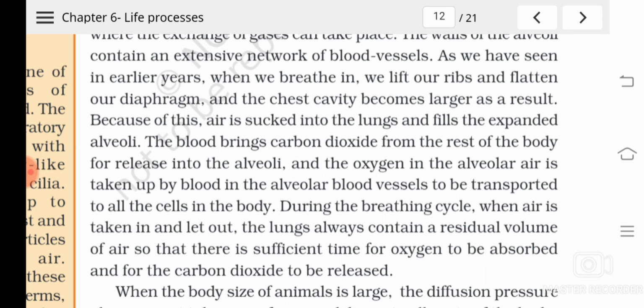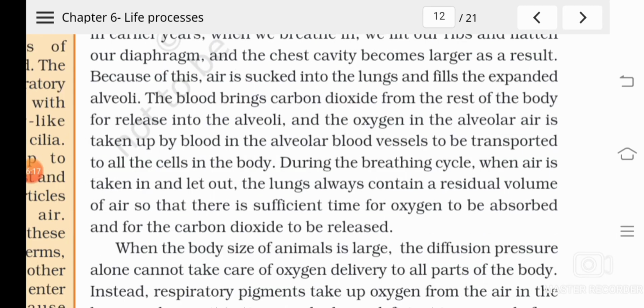That is, from the alveoli to alveolar ducts, then bronchioles, bronchi, trachea, then to larynx, and from larynx to the nasal passages, and from the nostrils it goes out. Understood? This happens during the breathing process, due to the sealed condition of the chest cavity by the rib cage and also by the diaphragm. Inhalation and exhalation take place. This is called the breathing mechanism.